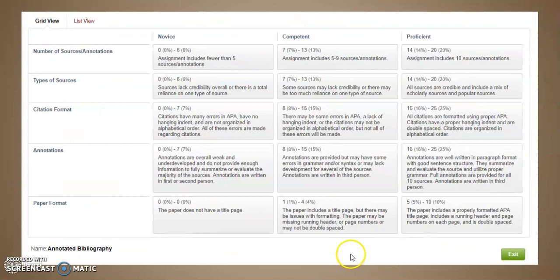So here's the rubric that will be used to grade your paper. It's always very, very helpful. I encourage you, for every paper you will have a rubric. Always come and look at the rubric. So in order to get the maximum number of points, you need to make sure that you have 10 sources